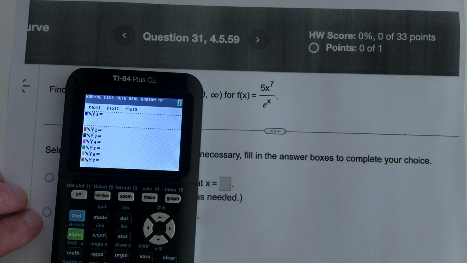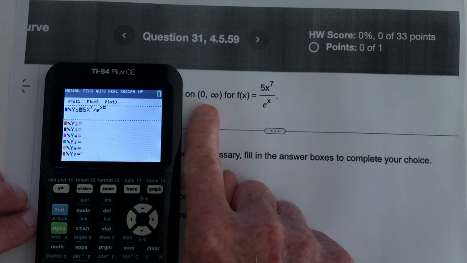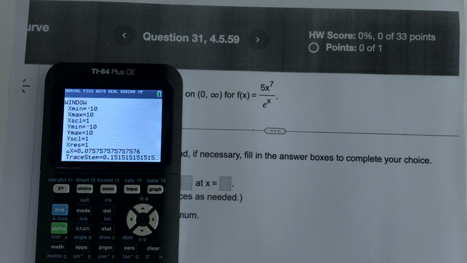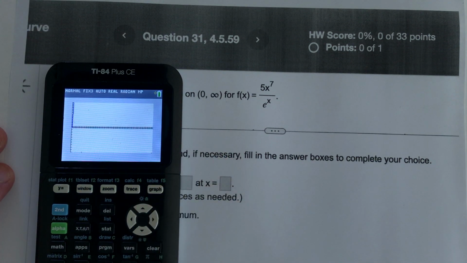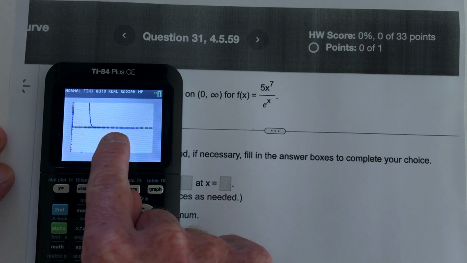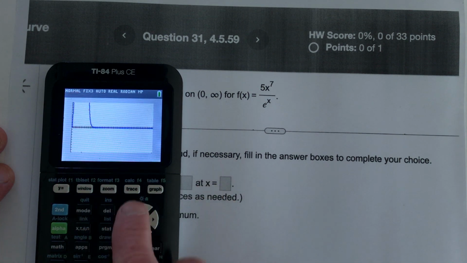All right, so this one is 5 and x is raised to the 7. And then that's divided by e to the x. And then it says that it's from 0 to infinity, so just change the window, go from 0 to, I can't make my calculator go to infinity, but I'll go to 100 and see if I can see what's going on. Okay, so right here, the graph is pretty much leveled off at the x-axis, and then it went up like this. And I can't see where it is, but if I trace,